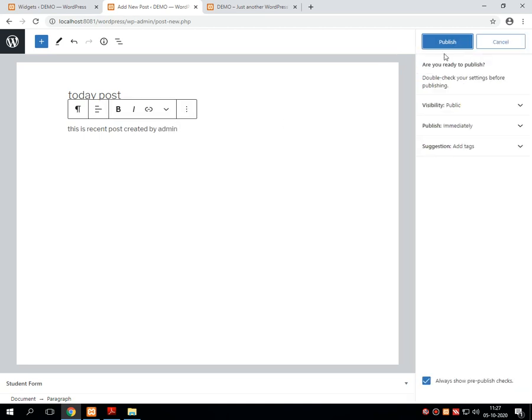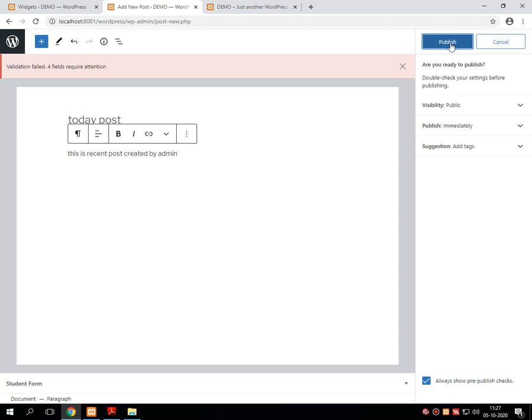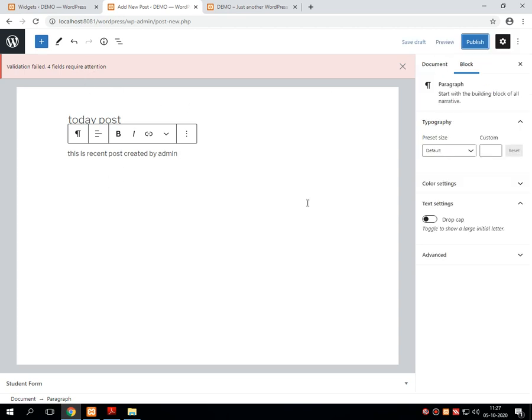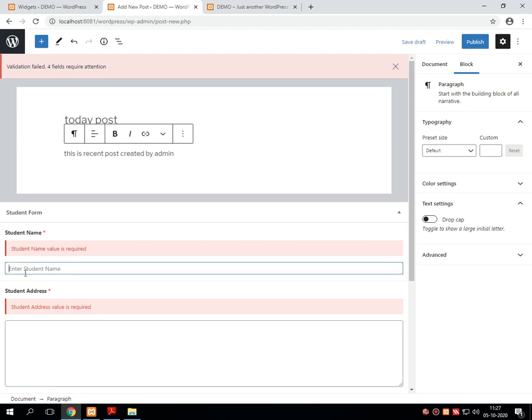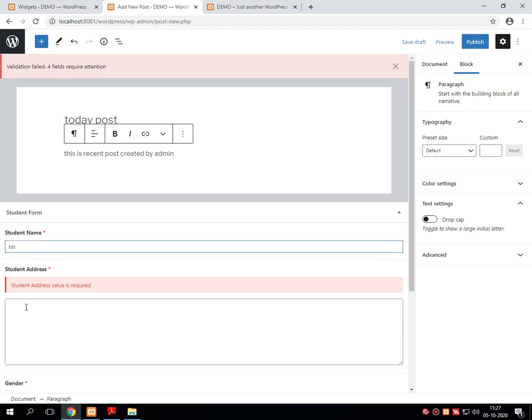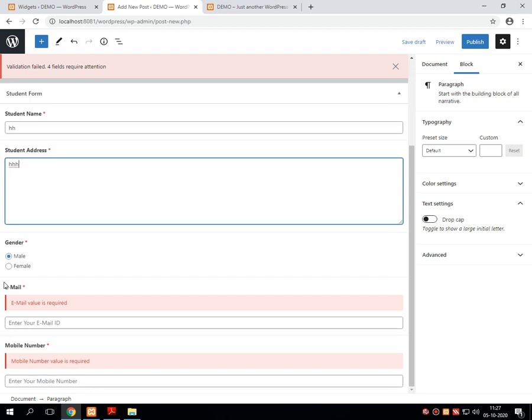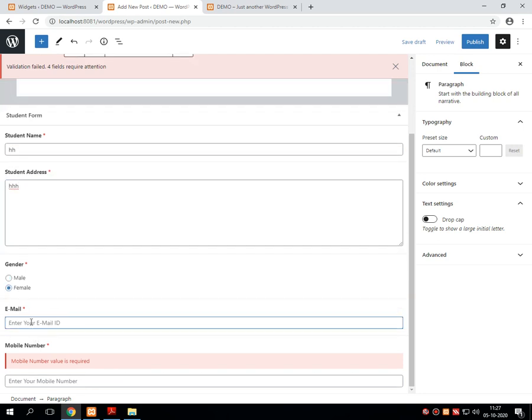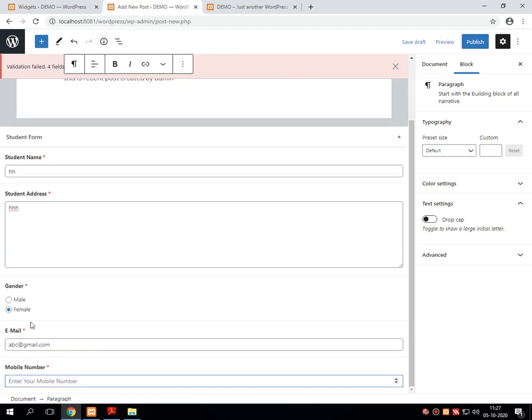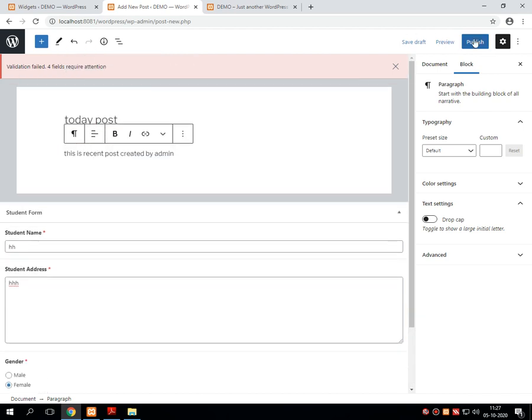I am publishing this particular post. I think I have given some validations over here. These are the form validators, so I have to give all these things and then I am publishing the post.